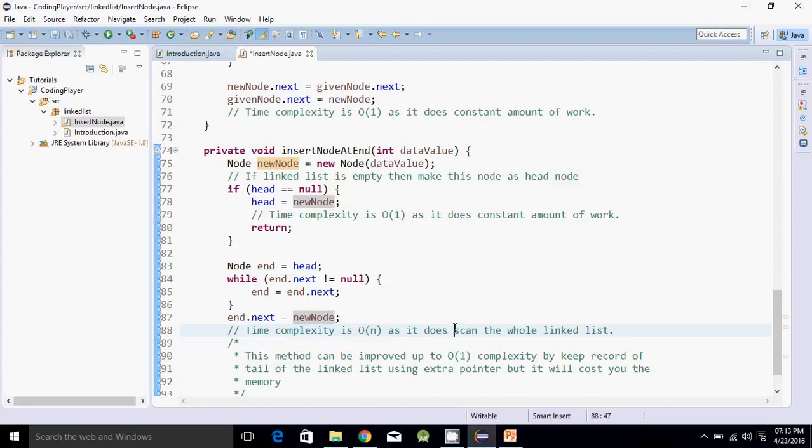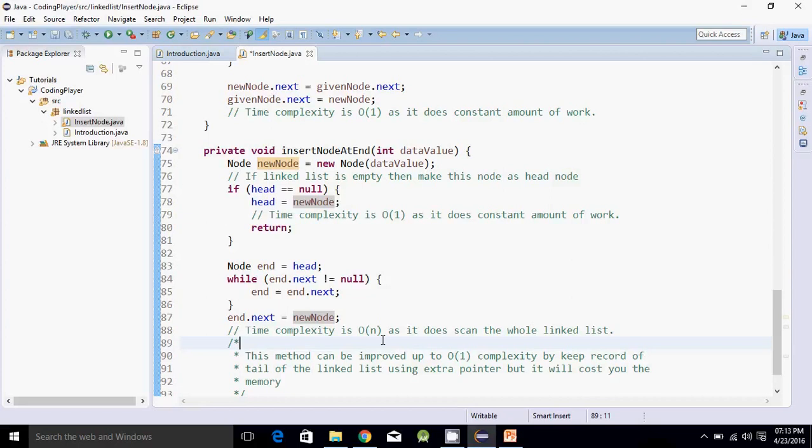When inserting the second node, the record would be the second node. So that variable holds the tail, and we can easily insert at the end with the help of the tail variable. It would be O(1), but you need extra memory for holding the tail record.